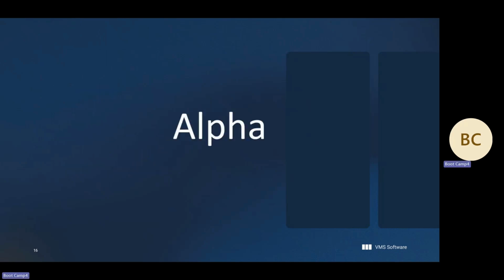Then came Alpha. Alpha was done by Digital for Digital, and it was a very innovative architecture at the time. It was a RISC machine rather than a CISC machine. VAX had a grand total of 16 registers, of which several already had dedicated uses. The Alpha had a bunch more, which was a big help.